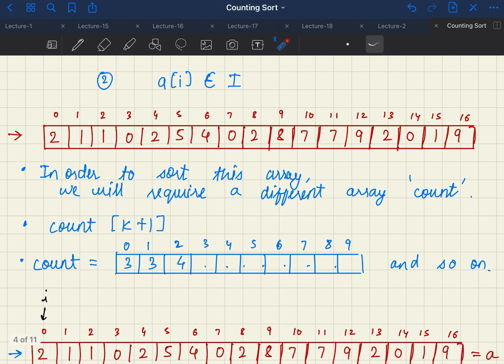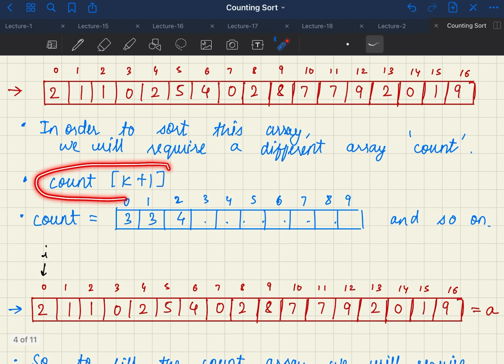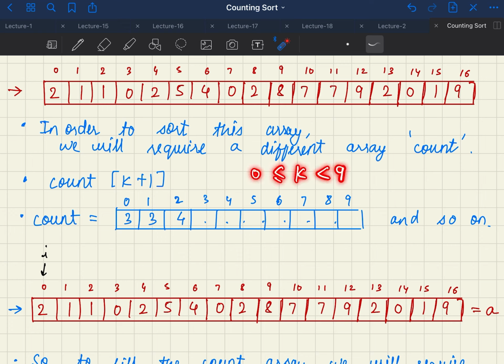So moving forward, in order to sort this array, we will require a different array which is the count array. The count array is of size k plus 1. As we know, the value of k was 9, so the indices go from 0 to 9.